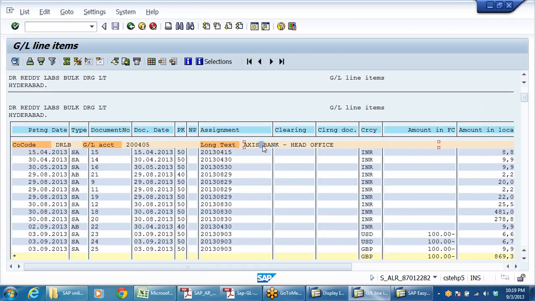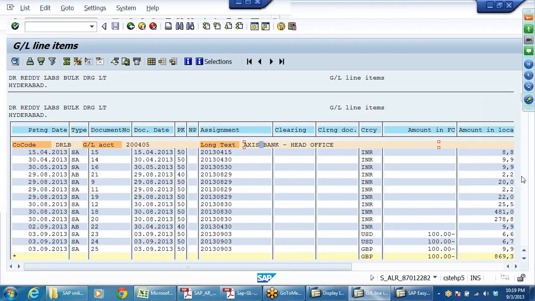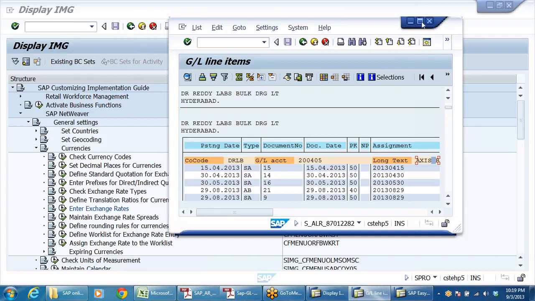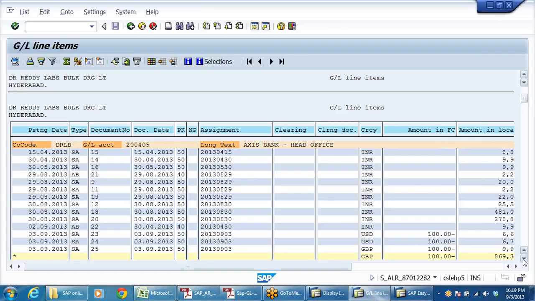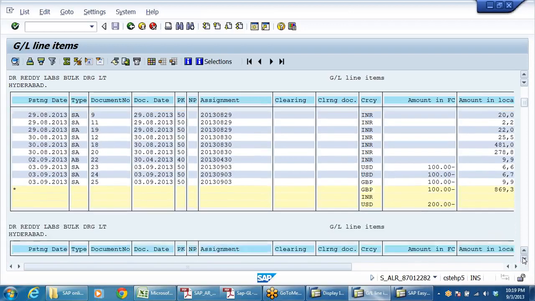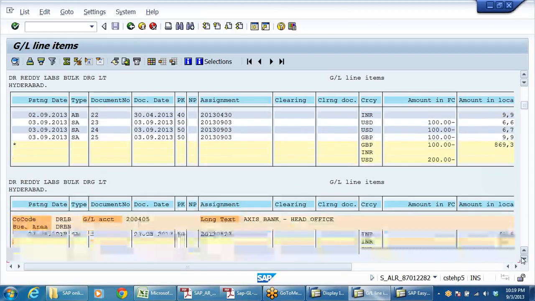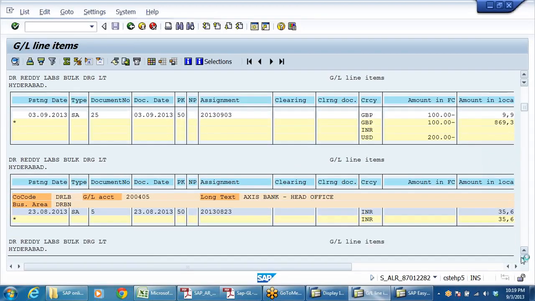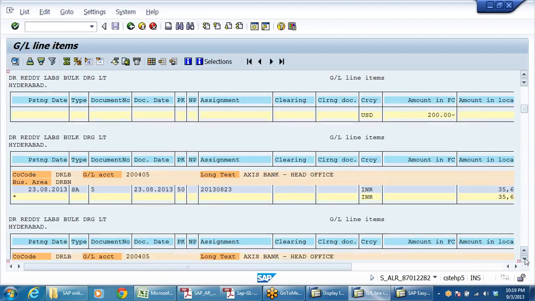See, Axis Bank account. Axis Bank head office.